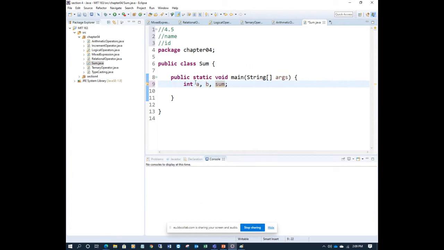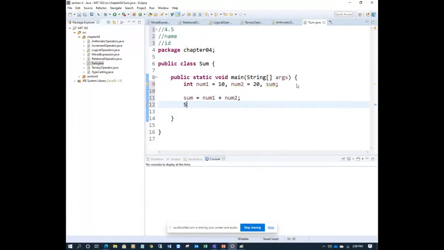Let's name them number one and number two. Before, we used to assign values, this is 10 and this is 20. What you do generally is say sum equals number one plus number two.